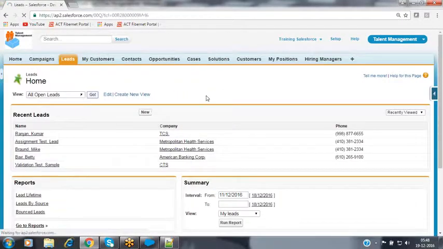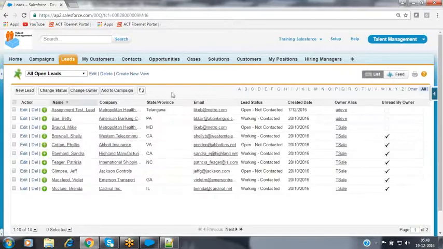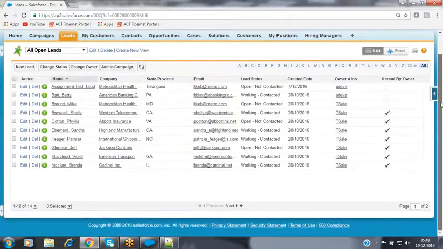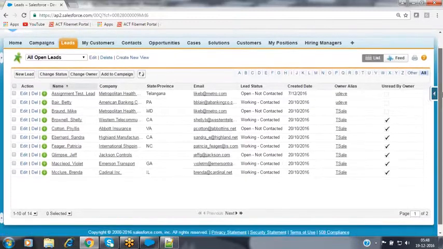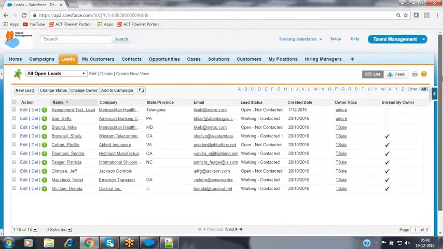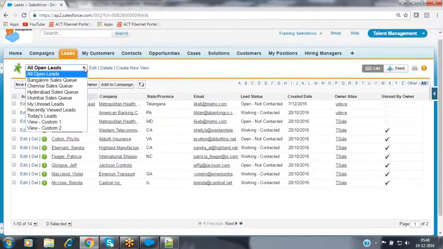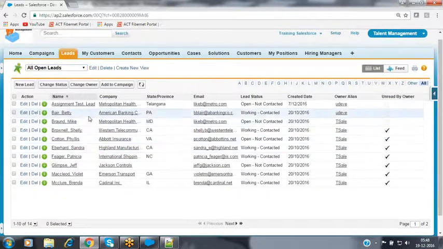Inside that lead object, I'm getting all the lead records. These are the various lead records which are in open status. We can fetch all those lead records, and along with that we can fetch the deleted lead records also here.